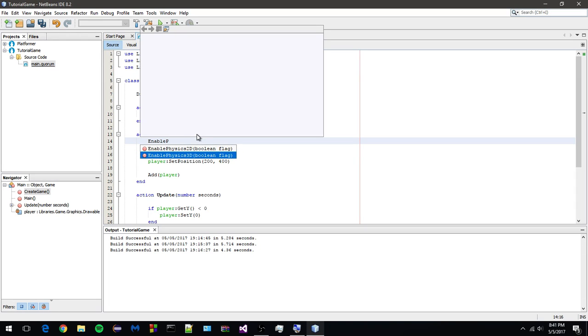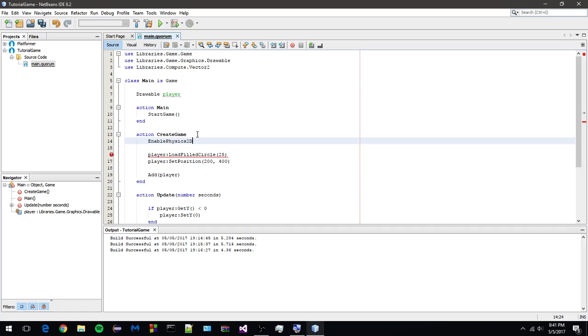In our case, as of right now, we are not going to be using physics in the 3D space. That is for a later date. As of right now, we are going to be using physics in the 2D space. So make sure you call the Enable Physics 2D action, pass in a value of true, and now you pretty much have a functioning